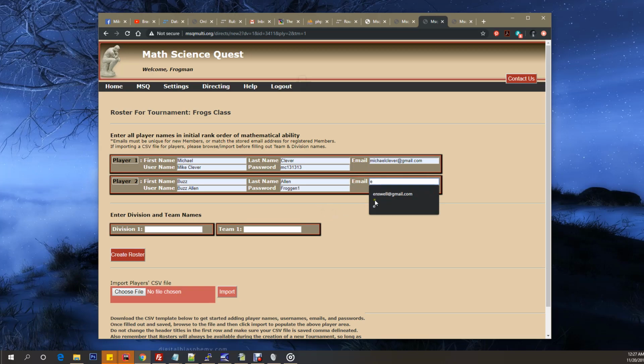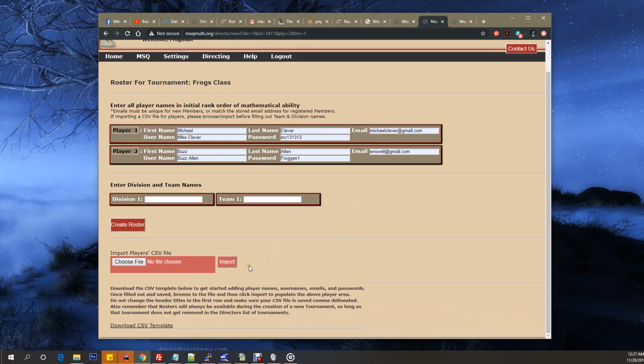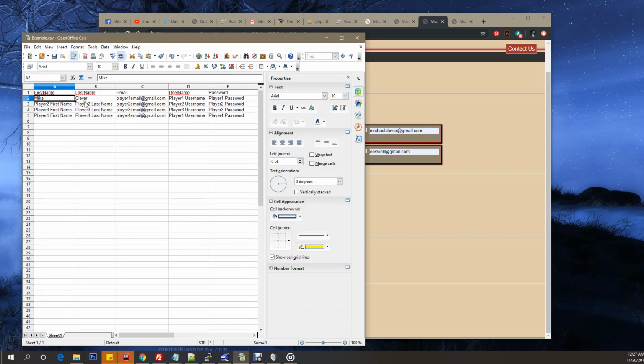There is also the option of importing an Excel CSV file with your students pre-populated. Simply click the Choose File button, select your CSV file, and then import. Your students' information will be loaded, leaving only division and team names in need of being filled out. Download the CSV file template at the bottom of this page to see how your CSV file needs to be